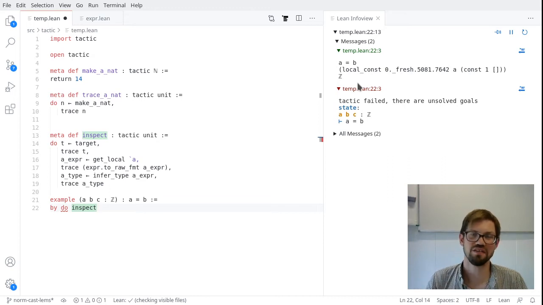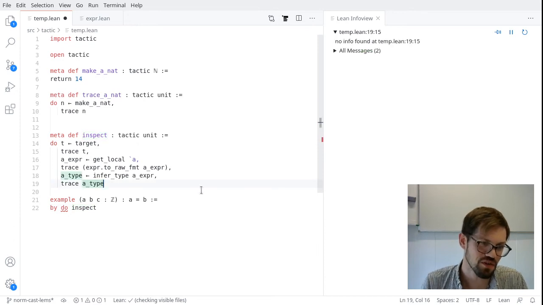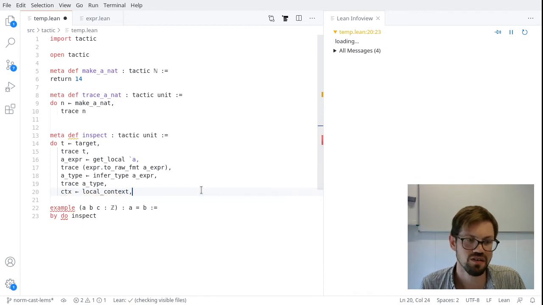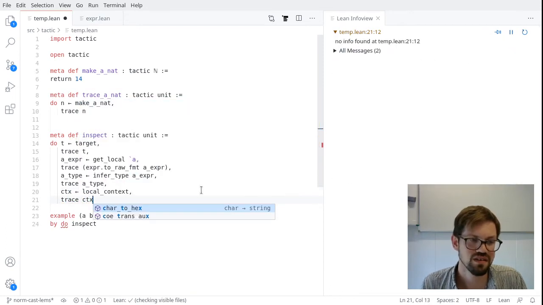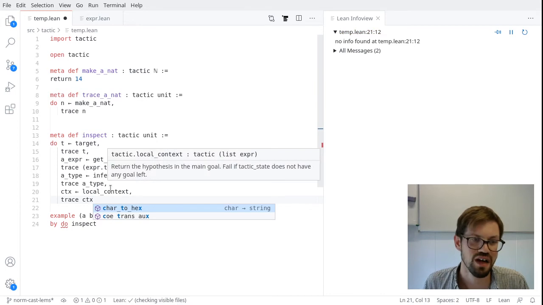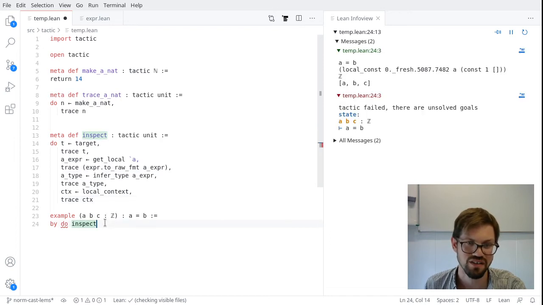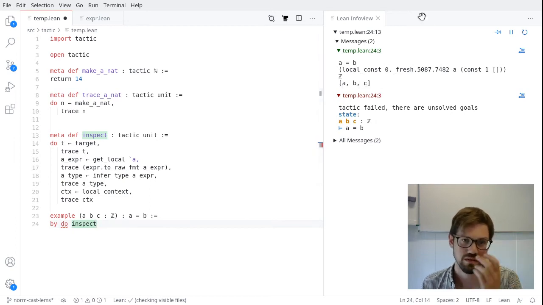What if I want to get all of the variables in the local context? I can do that too. A tactic called local context, and trace ctx. What is local context going to return? It returns a list of expressions. Well, that's new. ctx is a list of expressions, so when I trace a list, I get the list a, b, and c. OK, all good so far. We can get expressions, we can infer their types,